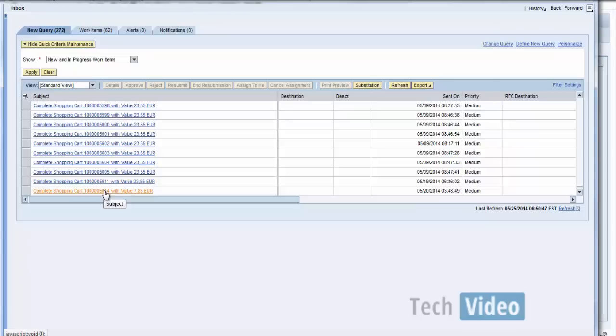However, in certain cases you will see that the entry is not present in the backend but is present in the portal inbox of the user. In that case, we need a portal refresh. So you should always ask the user to click on the option of refresh. If that doesn't work, the portal administrator should refresh the same so that the data is copied correctly from the backend system. So this could be one of the issues that you face while trying to consult in the SRM landscape.